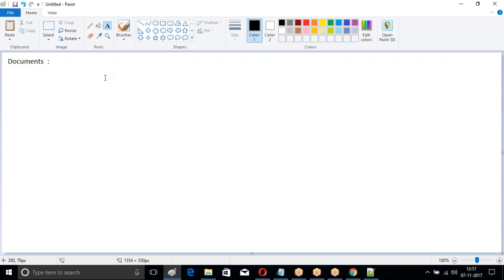What type of documents will be stored? Whatever information we want to store, like PDFs, images, and files, will be stored in document. Now, documents are classified into two types: internal documents and external documents. When I say internal document, the content of the file will not be visible. If I upload my resume and send it to you as an email, will you be able to open the resume directly? The resume is not visible directly. You have to download the file, then you will be able to see it. Right? Now let us say